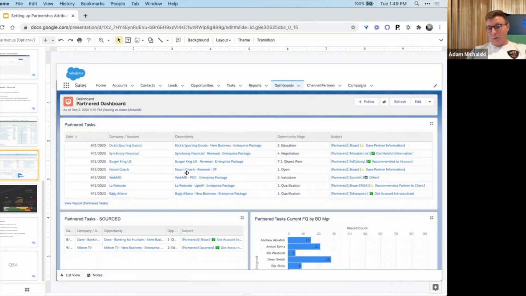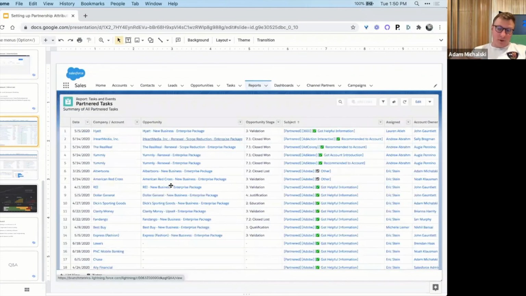reporting or dashboards that we can build out in Salesforce to tell us, okay, which partners are driving the most business, which relationships are equitable, which ones are not, what are the biggest deals that we're working on for the year that partnerships are not involved on, because remember, if you get partners involved, it's going to have a higher probability of closing. But all of that data stems from the fact that we actually track every partner touch point.